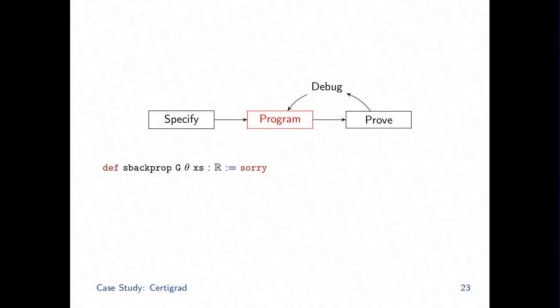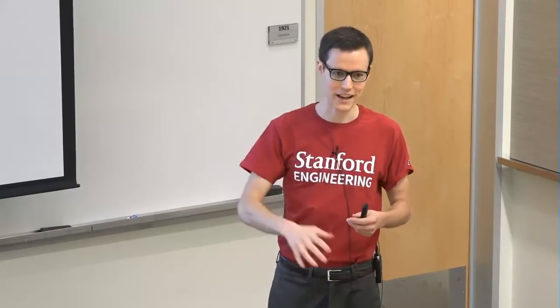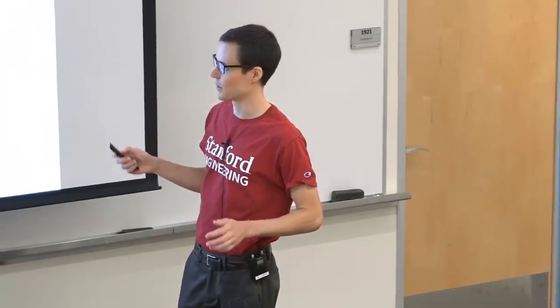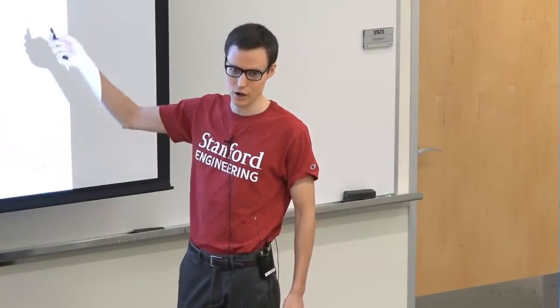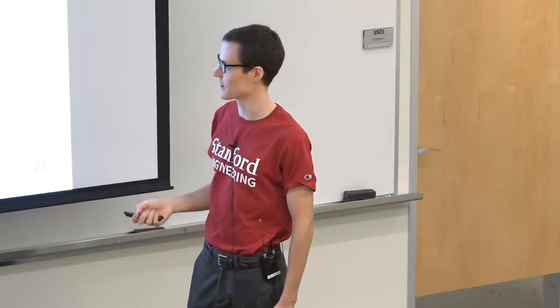So now let's try to program it. And as before, we're going to leave it as a placeholder for now because I have no idea how to write this. There's a lot of tricky cases. What if you have multiple incoming nodes, some of which are stochastic, some of which aren't, and multiple outgoing nodes, some of which are stochastic, some of which aren't. I don't really want to think about this, so let's just leave this as a bug, and hopefully we can fix it during the proof process.